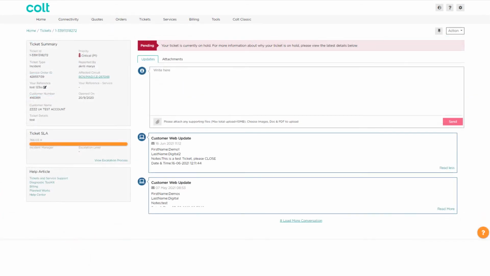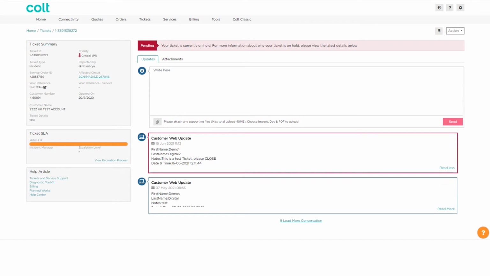Within the ticket summary page, we can start an interaction with the person responsible for the incident by adding relevant information or attach a document. When done, click on Send. After we have clicked Send, we will see the update directly in the ticket. Kont will then review our comments and reply to you.